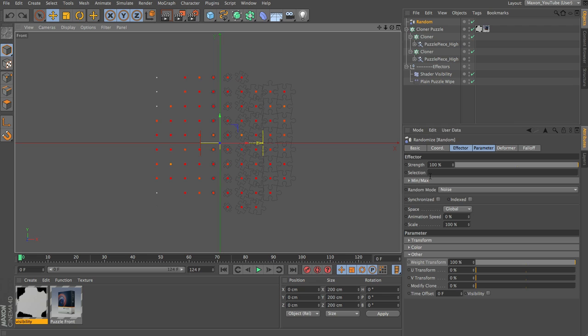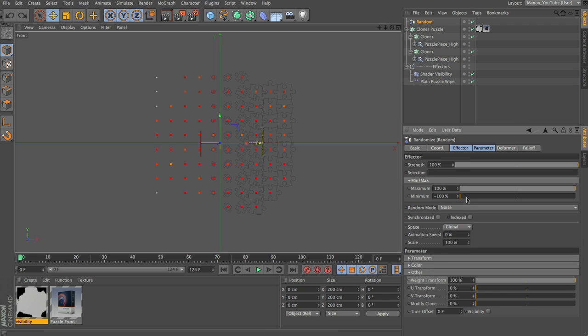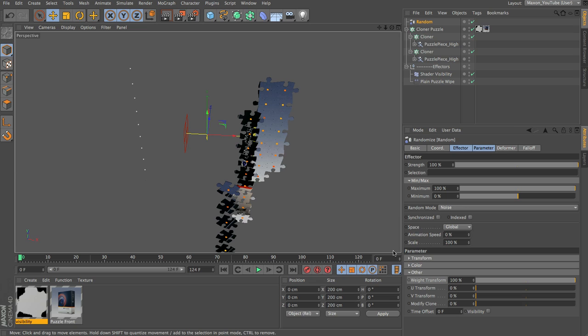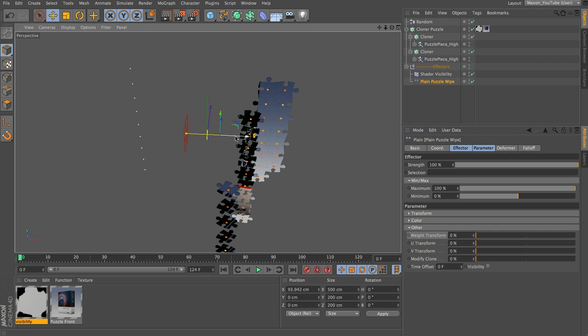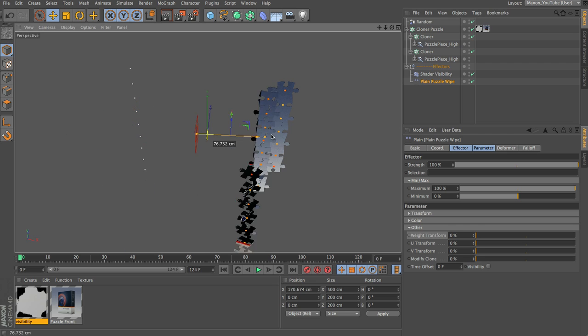If you don't want to do that, another way of doing it is to adjust the minimum and max, and we can set the min to be 0 and the max to be 100. However, to be honest, the most efficient way of using it isn't necessarily to look at the colors in this example that we're creating. It's probably best to just look at the result, and if you look at the result right now, as we drag our plane effector through, you can see that it doesn't make any difference whatsoever.